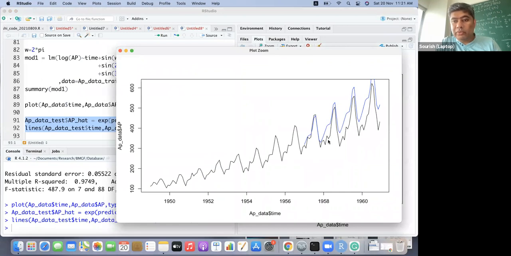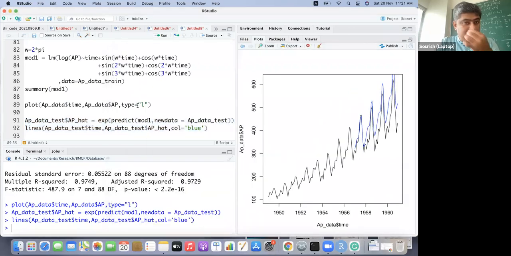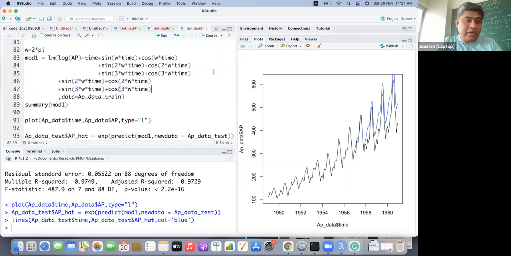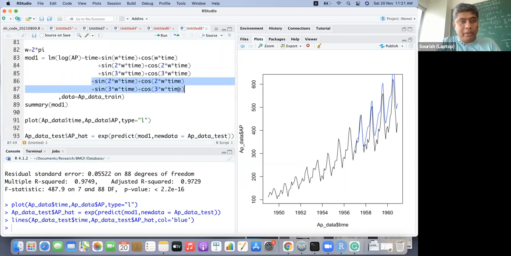Still, it is not able to do the lower part very well, but somewhat it is in the ballpark in terms of picking up the behavior.